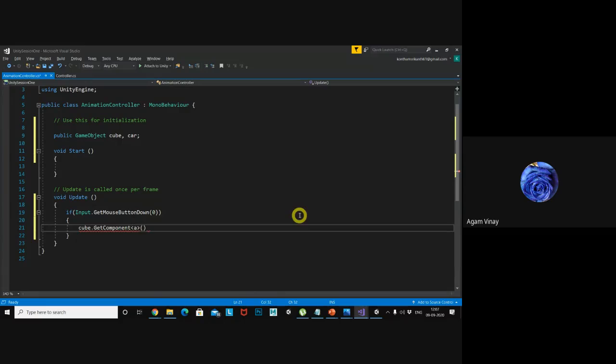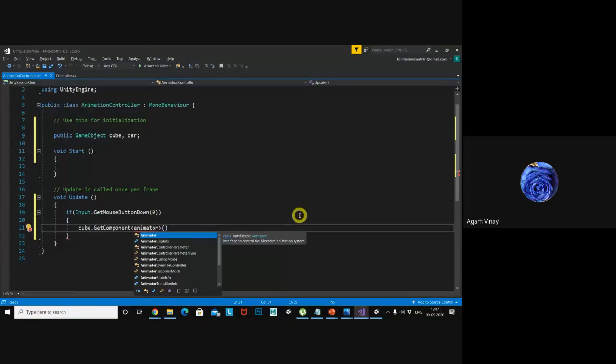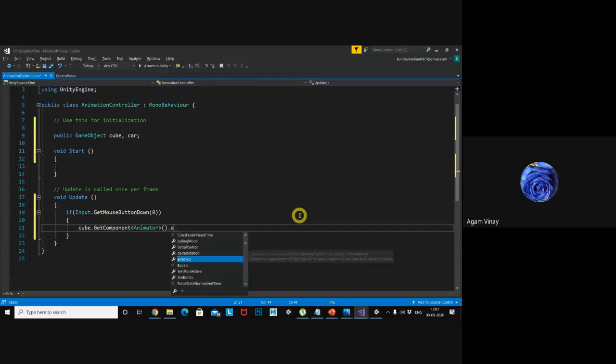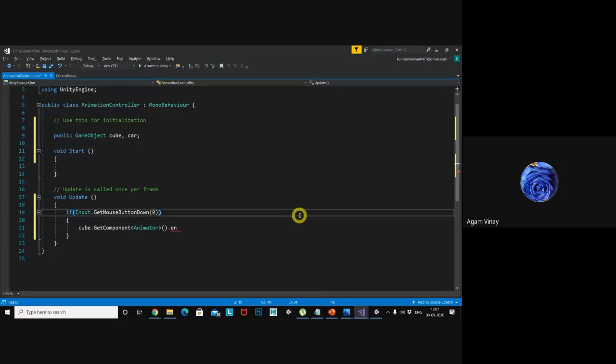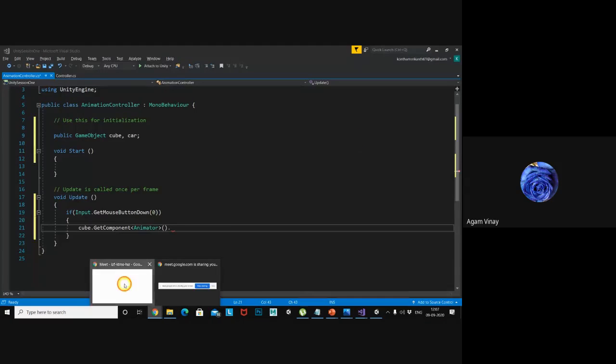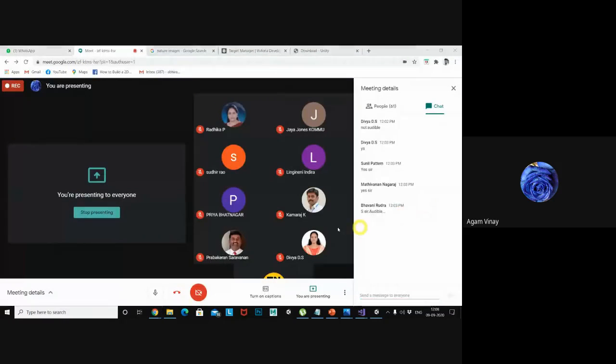The component name is Animator. As soon as you type, it automatically gives you the suggested ones. Animator dot enabled is for activating and deactivating the component.